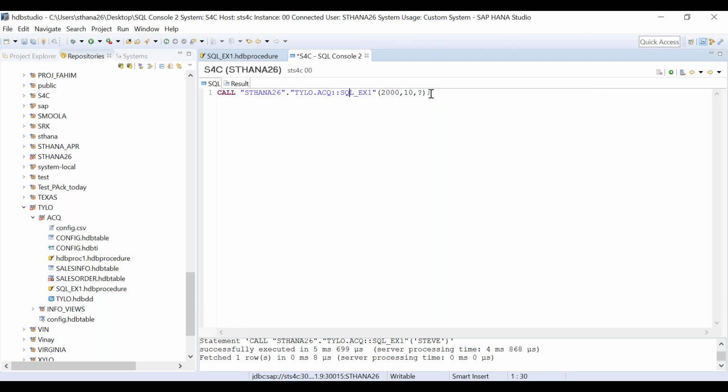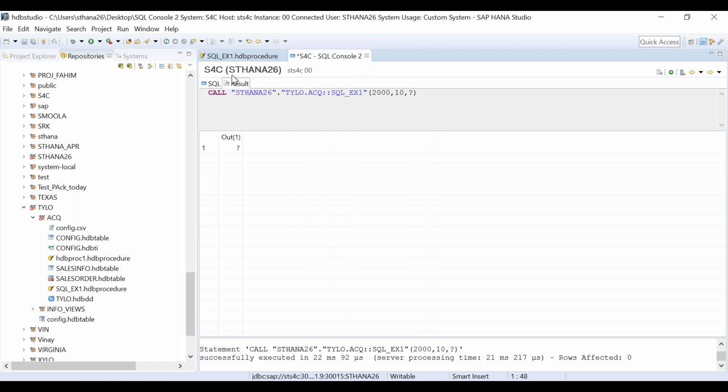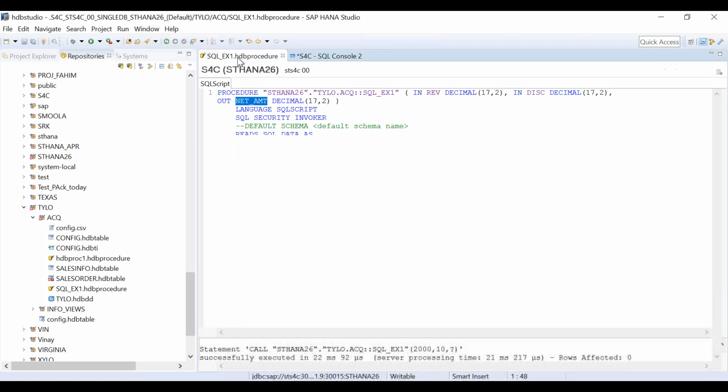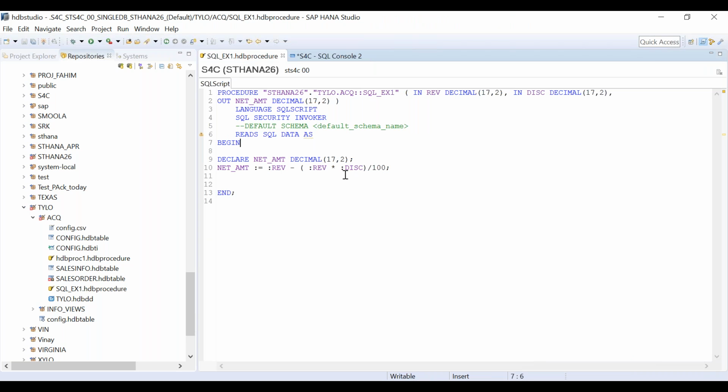So let's try to run this now. Okay, so now execute this. Oh, it's not coming. One minute. Let me see why it is not coming. Net amount is equal to revenue minus revenue into discount divided by 100, and net amount is also my output parameter.